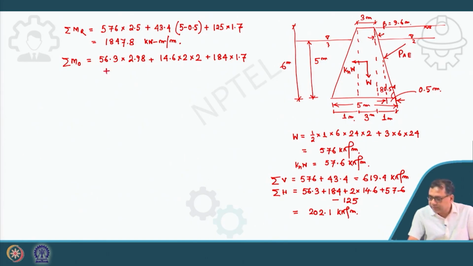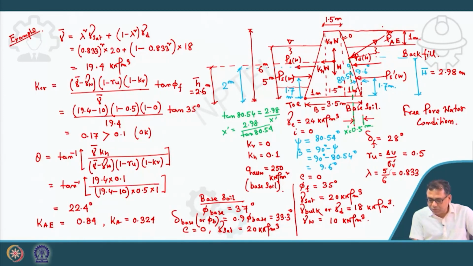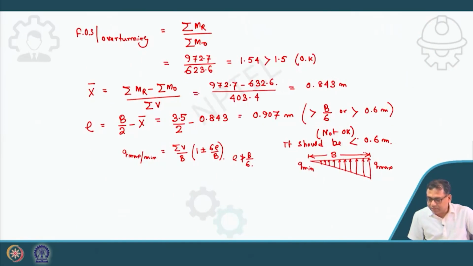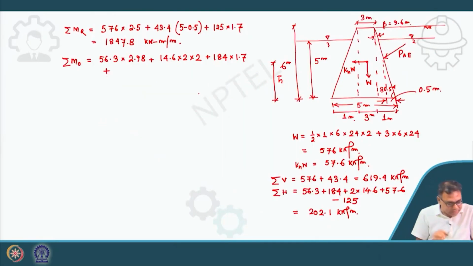Now, plus this KH part. Again this H bar will change. Initially, how much was the H bar? H bar was 2.6, small h bar. Now we have to calculate that H bar again, and you can calculate it in a similar way. The new H bar value is half into 1 into 6